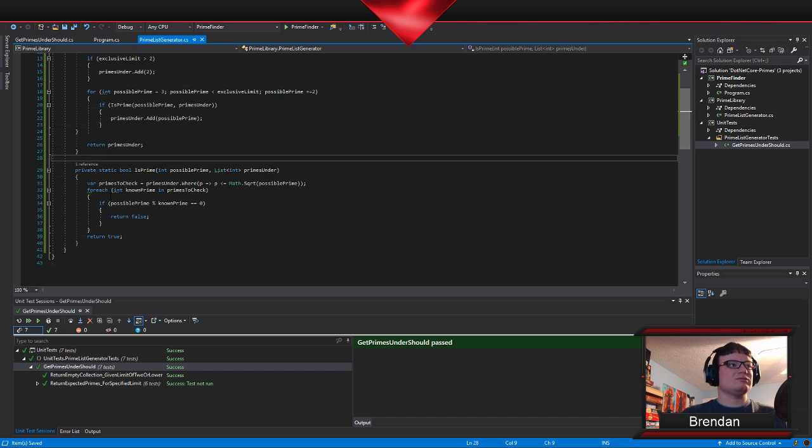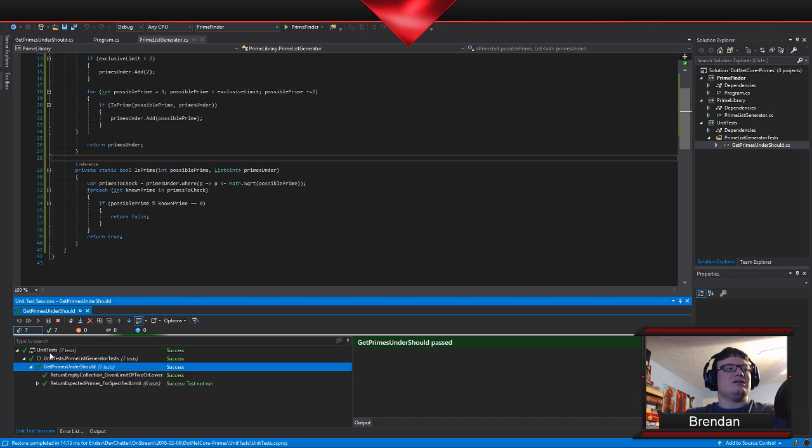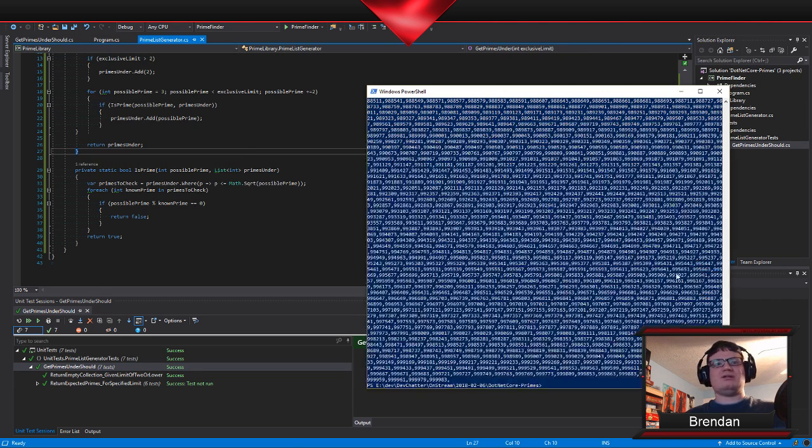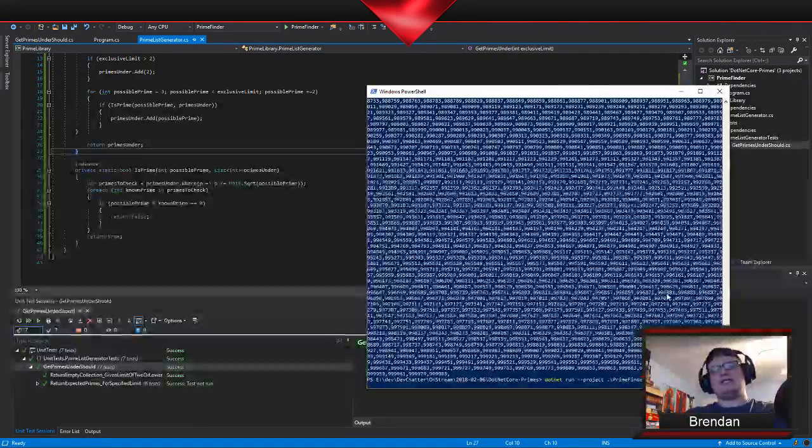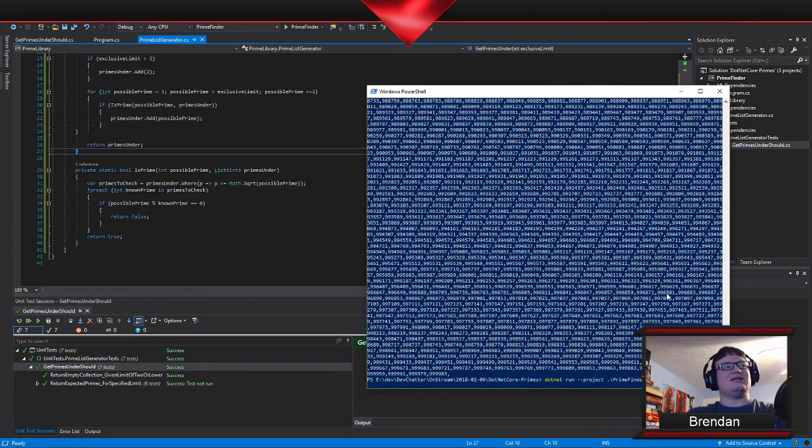So let's go ahead and see what happens when we run our tests. Let's see if I broke anything. Okay, seems like it still works. Now let's see if this code is slow at all. I don't actually know how it's going to be, because that where check might slow it down a little bit.